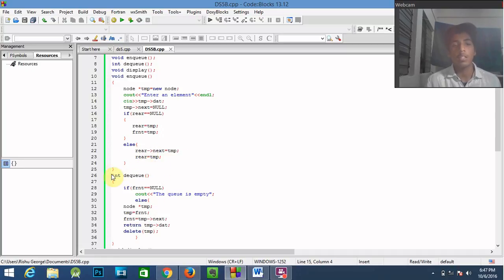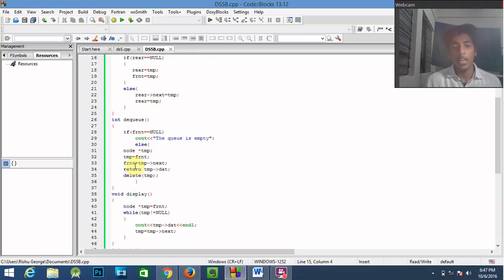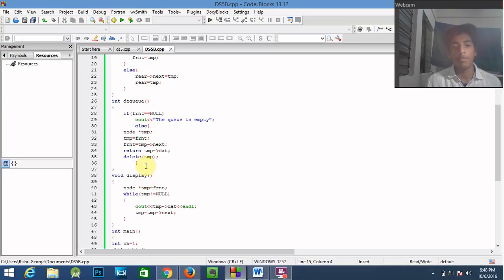And for the deletion, that is dequeue, we check if front is equal to null, that means the queue is empty, it doesn't contain anything. Or else, if the queue contains something, then to delete it we use node star temp, the pointer variable we have declared here. We initialize temp equal to front, and front will carry the next value that temp contains, and we will return that value, and delete the value stored at temp.